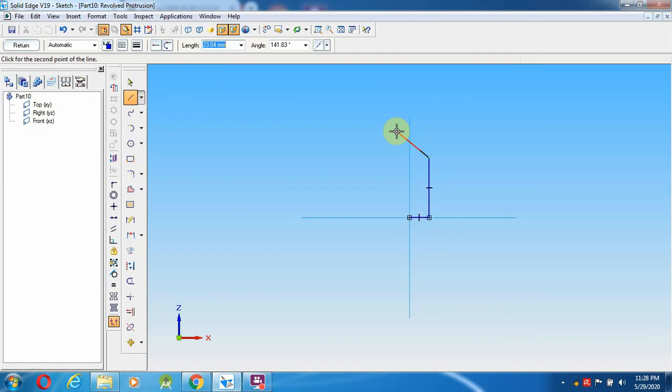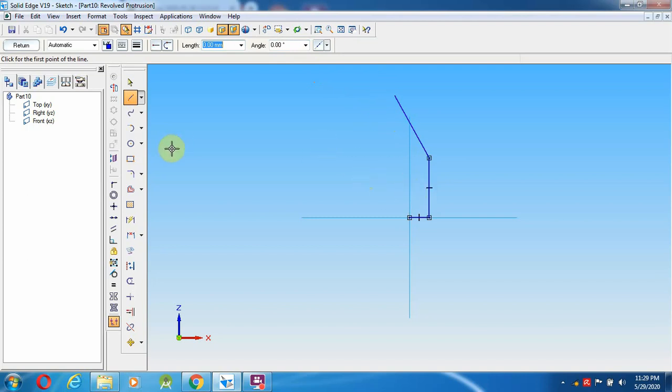The total angle has to come 30, which means we give 60, and from here the angle is 90 plus 30, 120. I am trying to give that. We will check how much it comes.